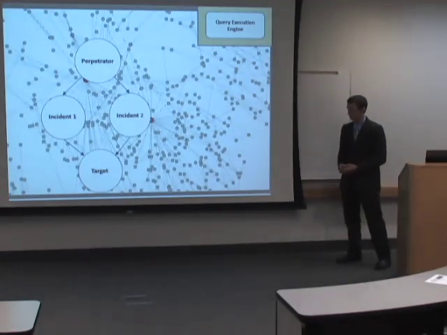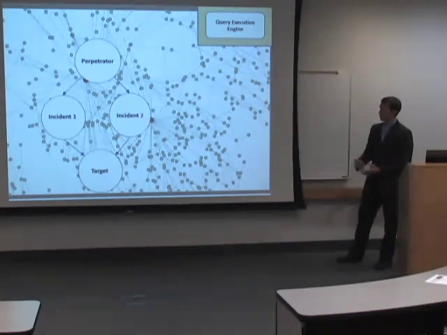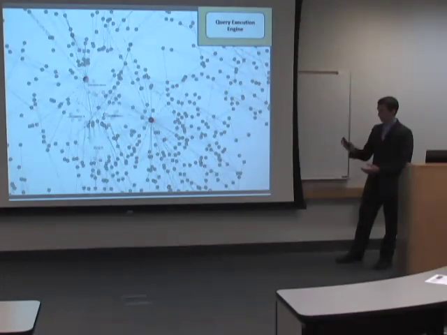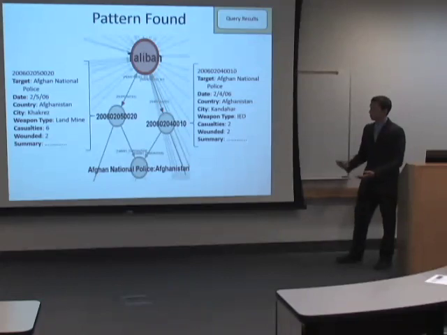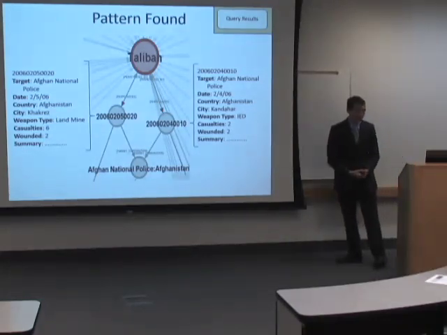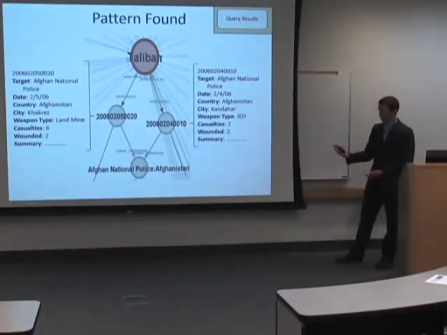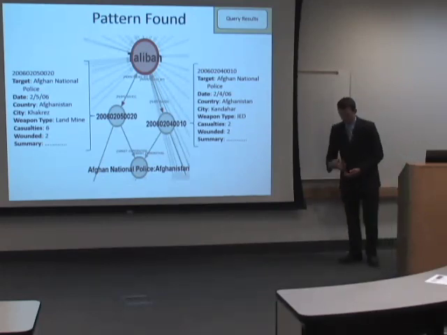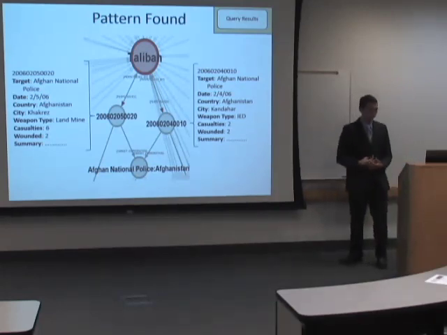This is another visualization of the network. So what our algorithm for this does, I can't go into too much detail for the sake of time, but basically tries to find this graph somewhere within here. If it does find it, it will return the pattern that it found. This is just an example of that particular pattern that I ran on a subset of the graph. And it can return you some information about the incidents, the name of the perpetrator group, the name of the target.